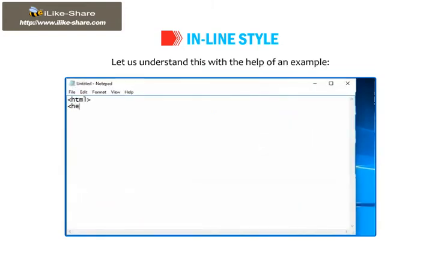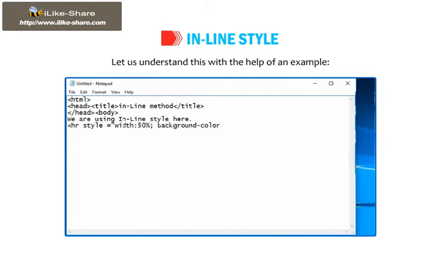HTML head title inline method /title /head body. We are using inline style here. HR style equals to double quote width colon 50% semicolon background color colon green semicolon height colon 10 double quote close.